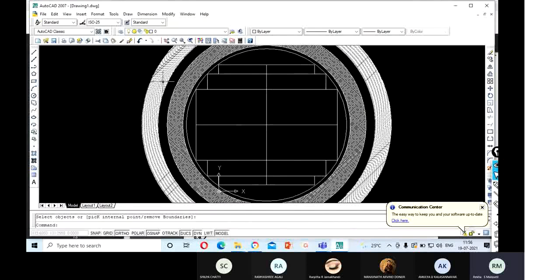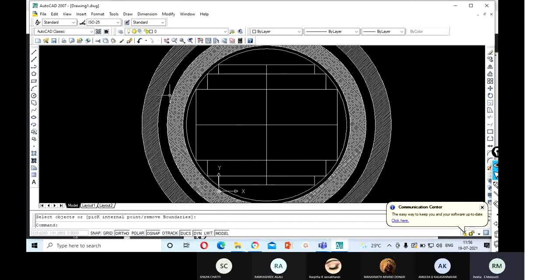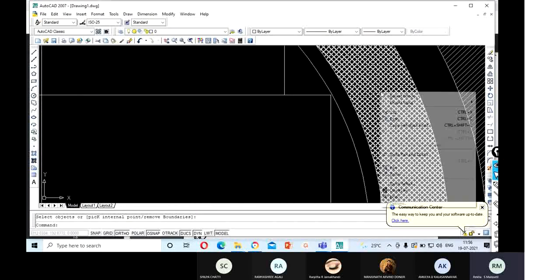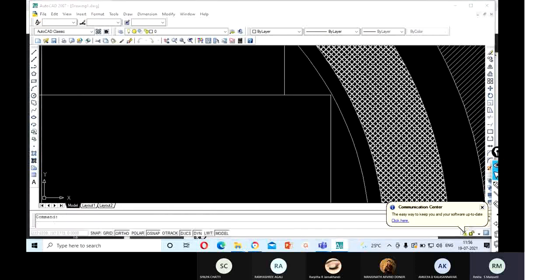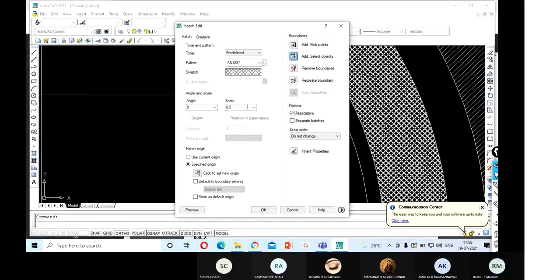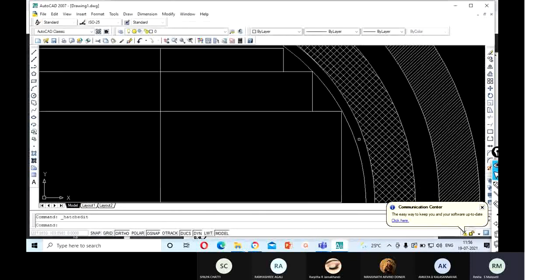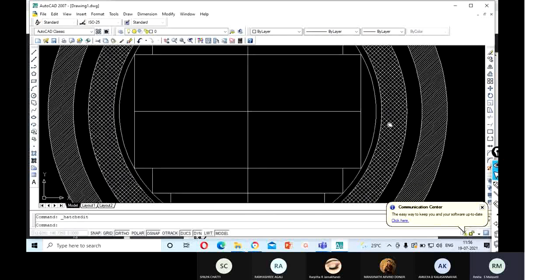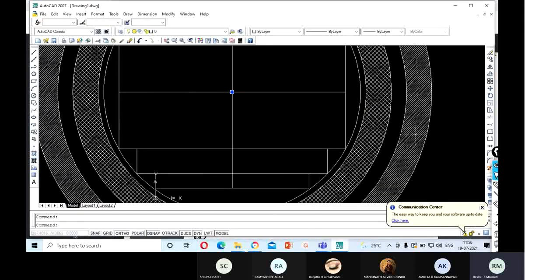And now we have to select solid hatching for the insulation. You can take this as one only. It's more visible, otherwise the lines are very close to each other.